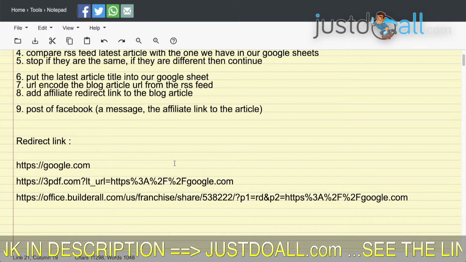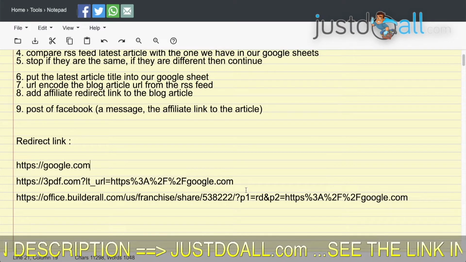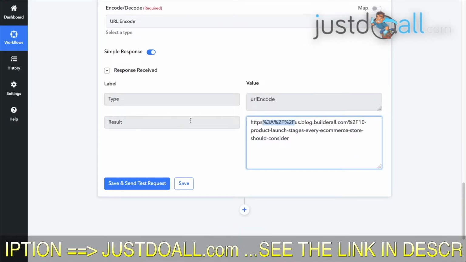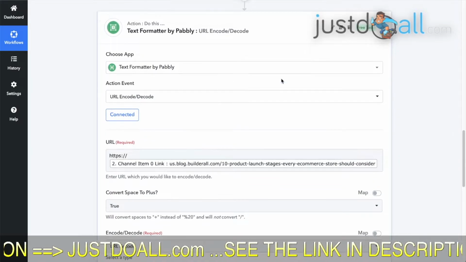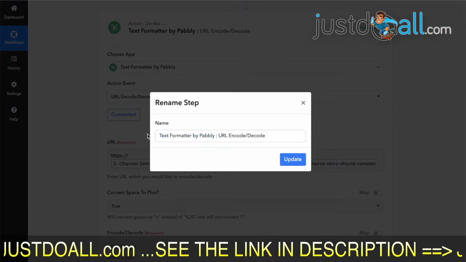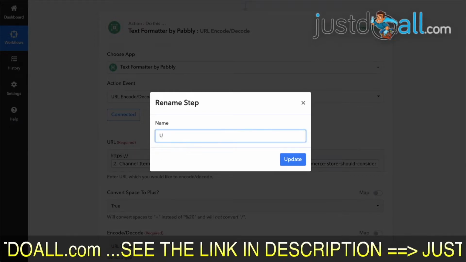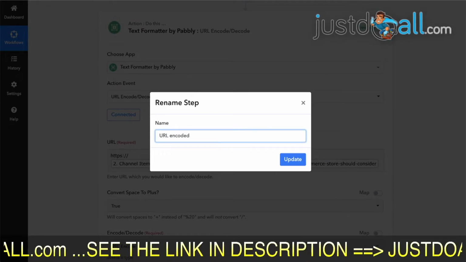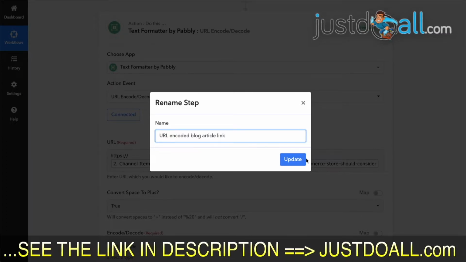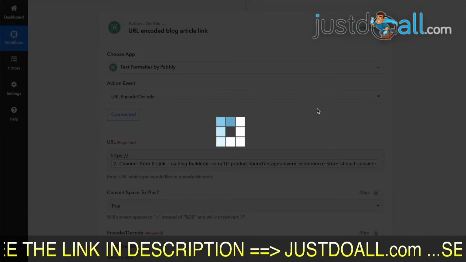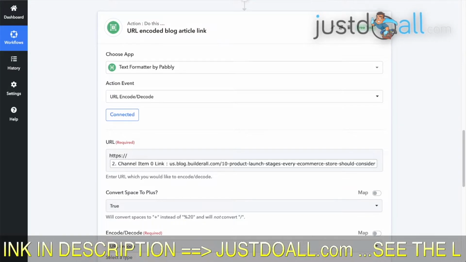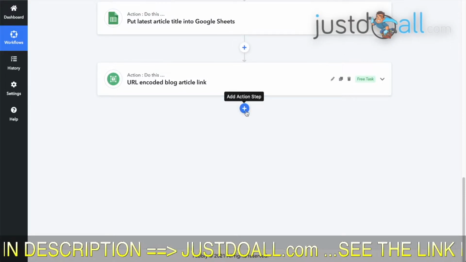Now we have the URL encoded version of the blog article URL. We have it in Pabbly. It's in result. Here I will write, URL encoded blog article link. Okay, fine. And now what we need to do is create another action to create our affiliate link.